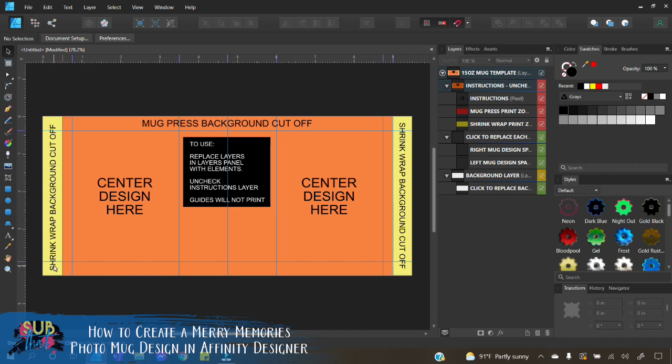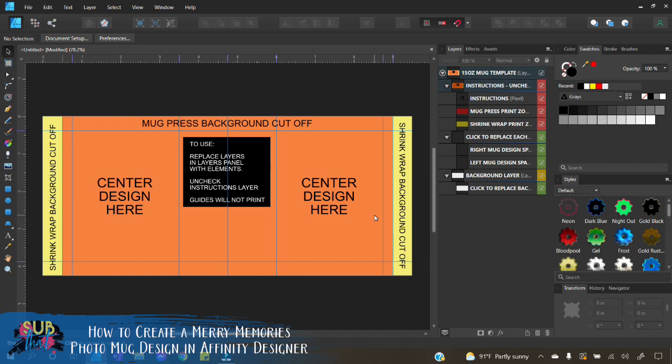Because what will happen is it'll sort of look faded, and that's probably not what you're going for with a full coverage mug. Everyone has different things that they use to sublimate their coffee mugs. So I did want to make sure I just addressed that to give you a good idea about the sizing, because there is actually a pretty significant difference between using a mug press versus using other options for